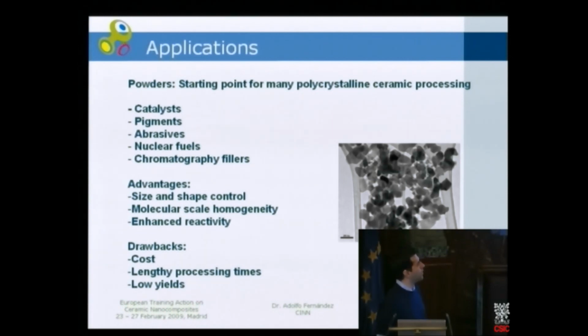In this picture is shown a powder that was obtained in the NanoCare project. This was the gel that was directly freeze-dried as previously shown, but after calcination, even at a temperature as high as, I think it was 1300 degrees, the mean average particle size is around 100 nanometers. Concerning the limitations of this process, as always, there is the cost of the precursors and the processing times, and also the sometimes low yields that are obtained.